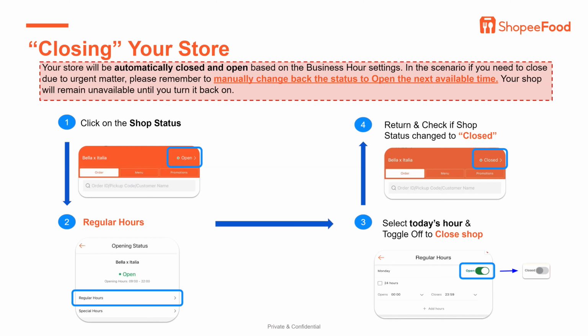So how to close your store? Let's have a look first. Go to the ShopeeFood tab as well. Click on the shop status and select regular hours. So basically in the regular hours, just choose a day from the list and toggle off to close. So for example, if I have something urgent and I would like to manually close my store on Monday, I just have to toggle off the button